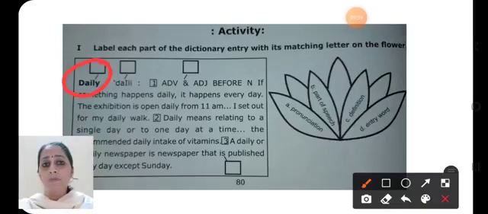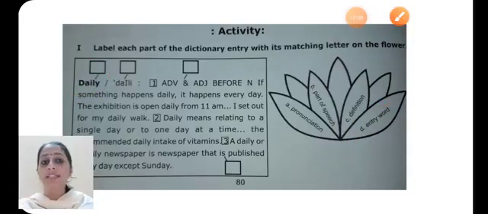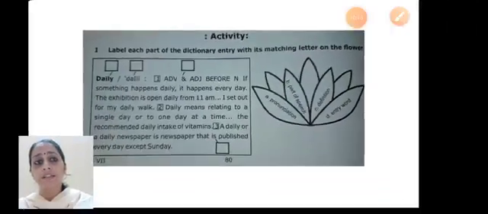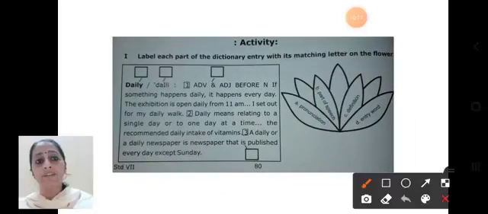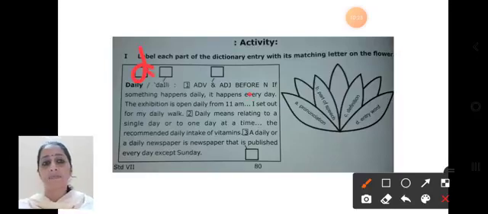Yes, it is entry word. So here the word daily is entry word. So we will be giving alphabet D over here in this box. Clear, students? Moving ahead, we have this